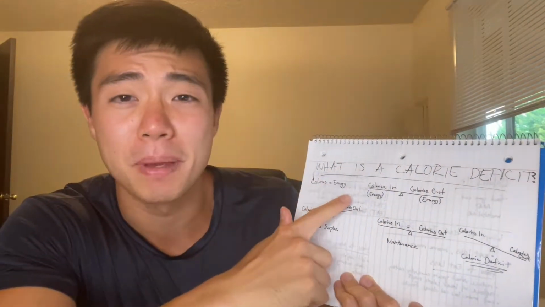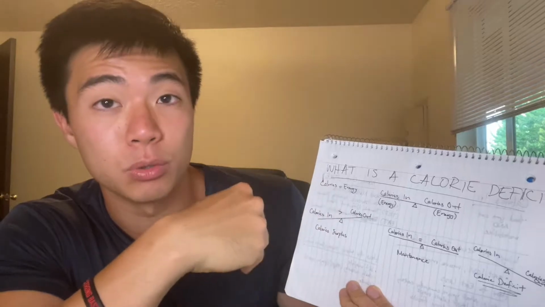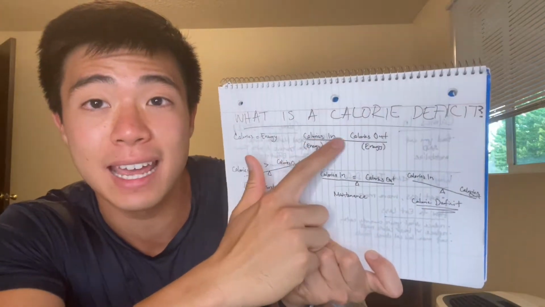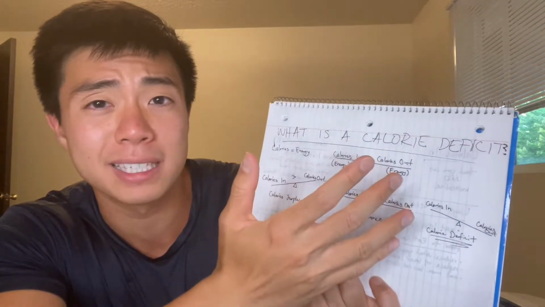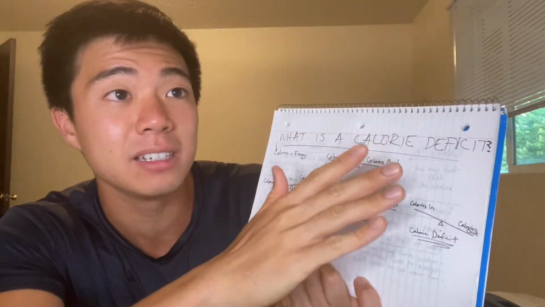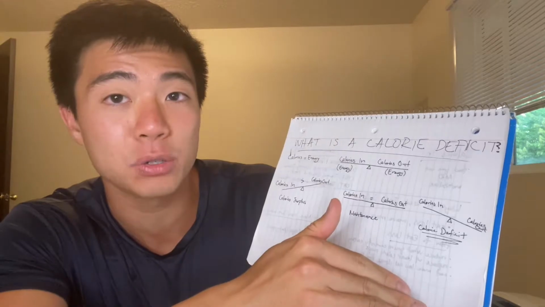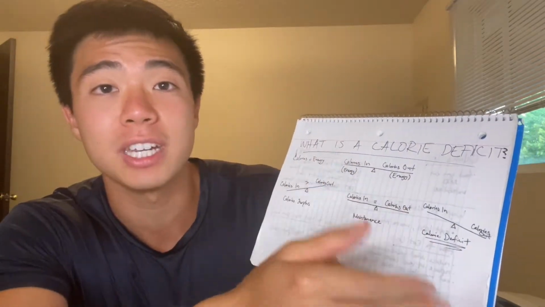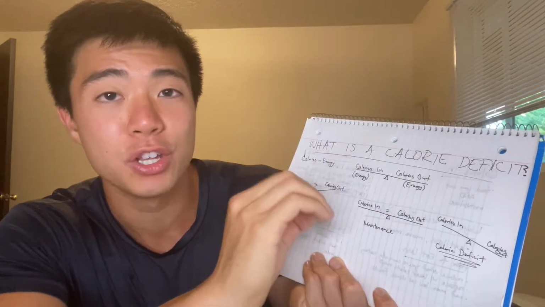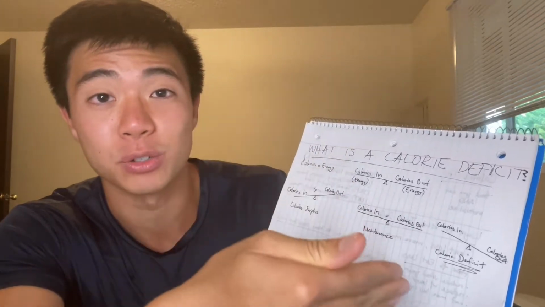Calories are basically just a form of energy. If you think about it, calories are just what we call the energy units that we use in our body. So calories equal energy, and when we think about the equation of calories in and calories out, we can simply replace that term with energy: energy in, energy out. That's basically how any organism on Earth works. They run on some form of energy, and we're no different. Our body needs a certain amount of energy. This differs from person to person, but at the end of the day, we all require a certain amount of energy to maintain our body mass and all of the bodily processes that use energy,